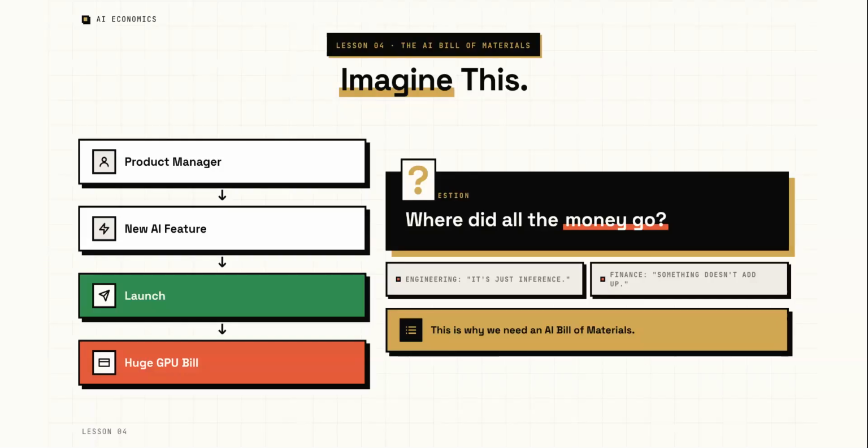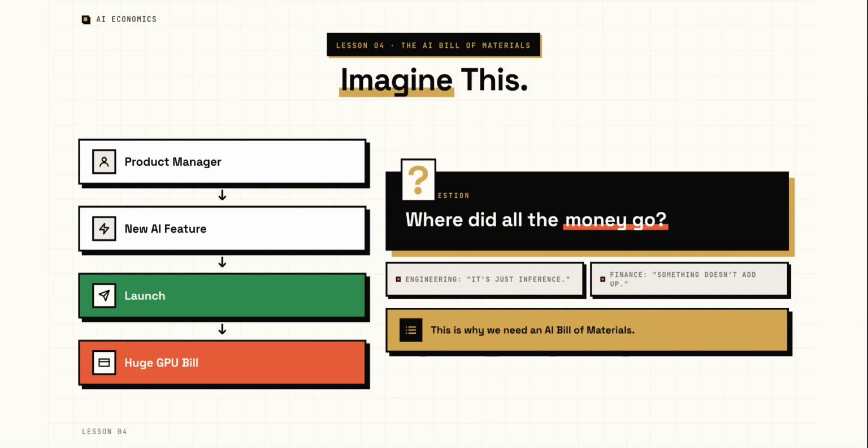In the last lesson, we learned that not all AI companies are created equal. Some are wrappers, some own workflows, some dominate a vertical, others become platforms. And each archetype follows a very different economic destiny. But regardless of which archetype a company belongs to, every AI business faces the same fundamental question: where does the